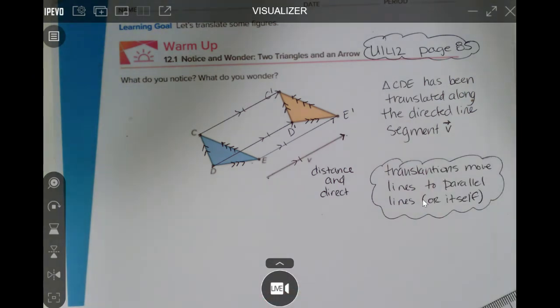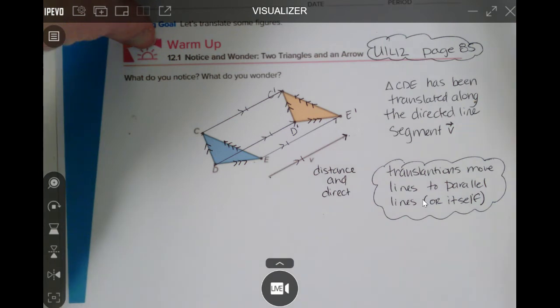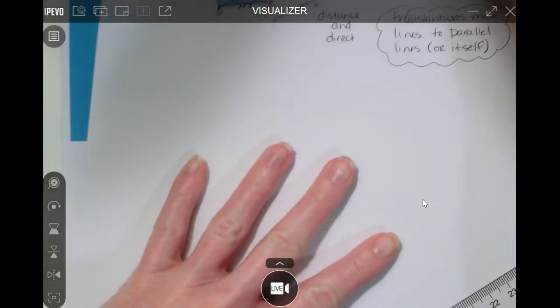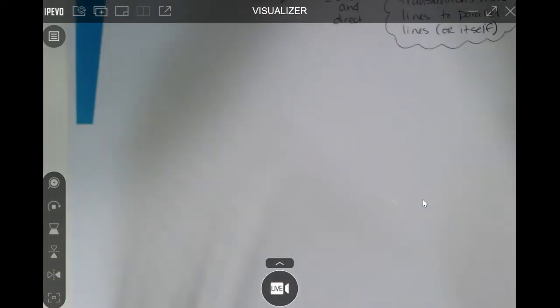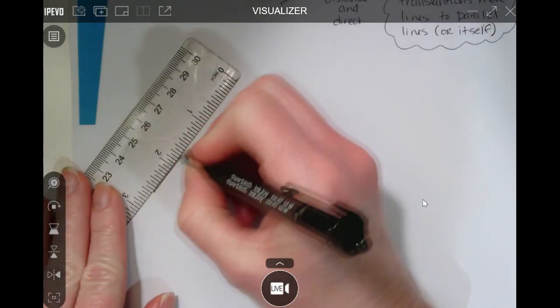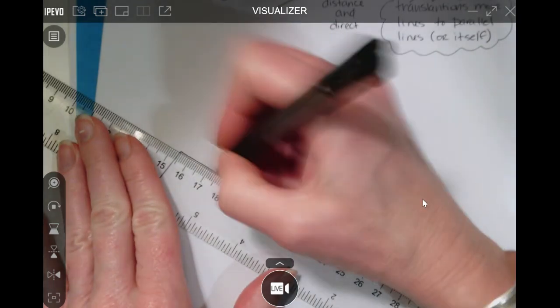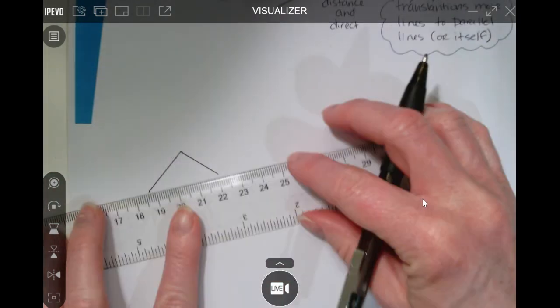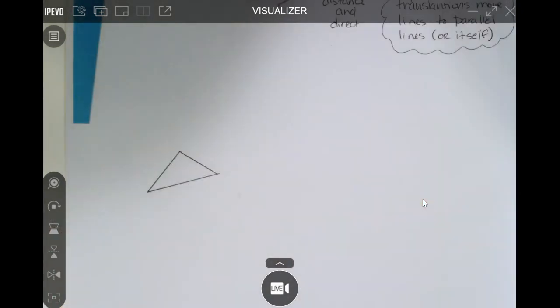So let's do a translation. To be given a translation, I would have to give you a shape to translate. We're going to do a triangle in our case. So just move to the bottom half of your page. On the bottom half of your page, let's draw a triangle. It doesn't have to be any particular type of triangle. It can actually be any triangle you want. So let's take a moment to draw a triangle. And when you've got done drawing your triangle, label the three